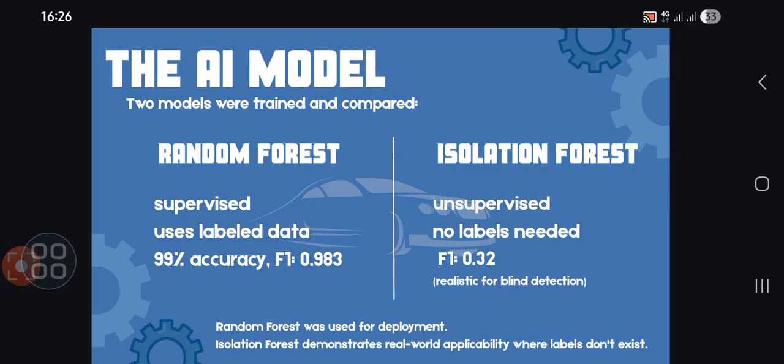I trained and compared two models. The first is a random forest classifier, a supervised model that learns from the labeled data. It was trained on 80% of the feature dataset and tested on the remaining 20%. The second is an isolation forest, an unsupervised model that only learns what normal looks like and then flags anything